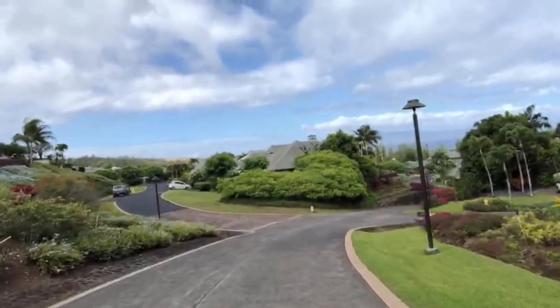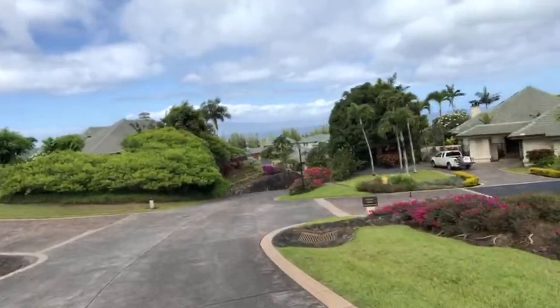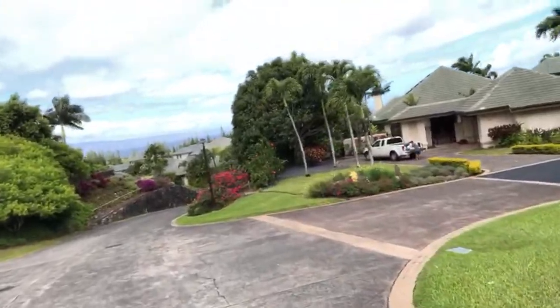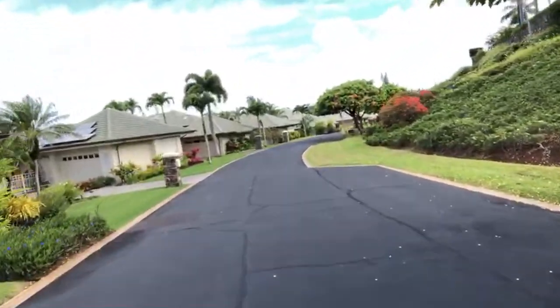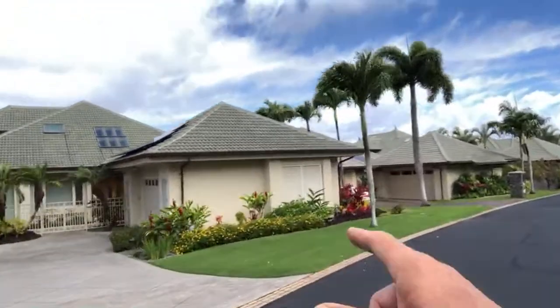The last road I'm going to go down here in the first phase of Pineapple Hill is the Pacific Drive. This is where the pool and tennis courts are. I probably won't go in there just in respect of people's privacy. Could be some folks in there and I don't want to upset anybody, obviously. But I will show you the road that this is on. It's at the end of this road right here, but this gives you a feel for some more of the